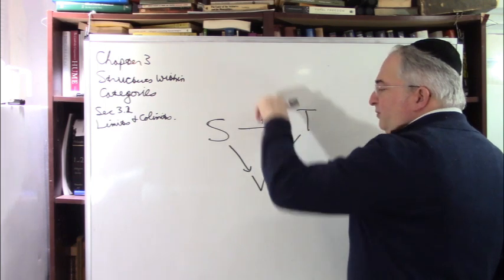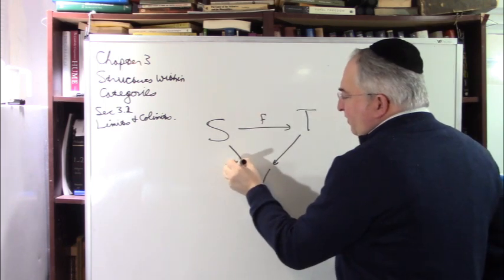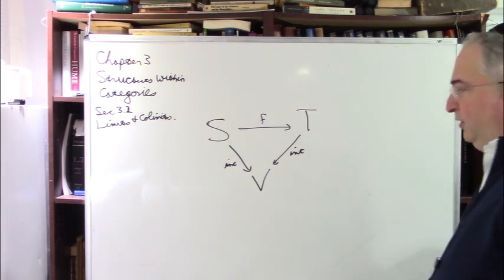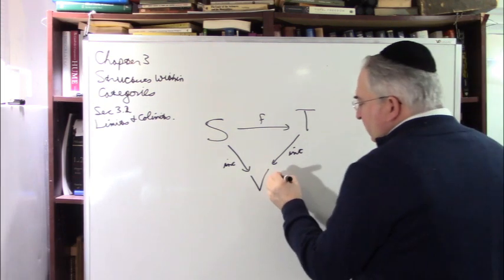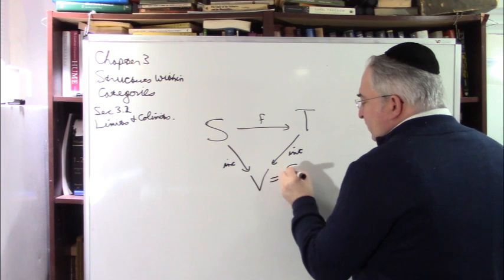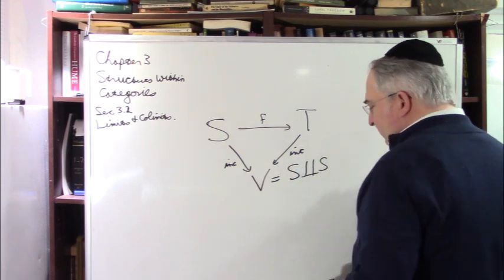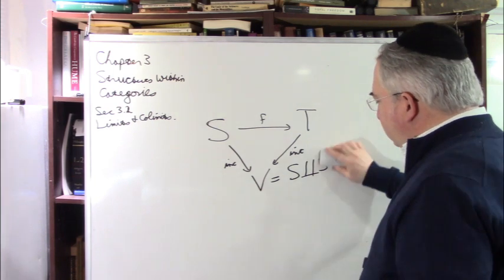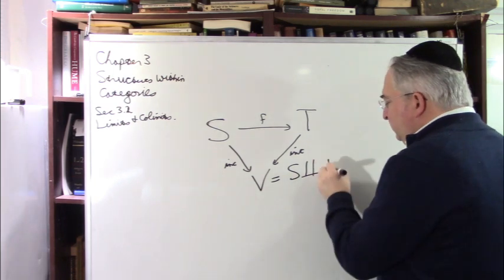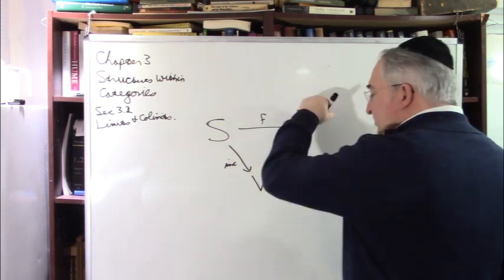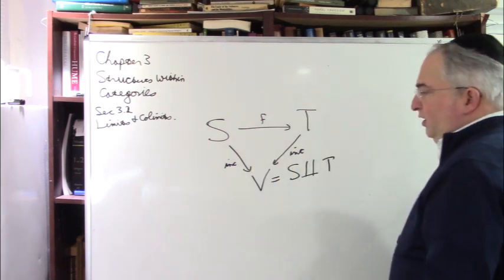Now beforehand we had projections. Basically here we're going to have inclusion maps. Okay, and let me tell you what V is going to be. V is going to equal the disjoint union of S and T. The disjoint union of S and T. Okay, but one second. S includes into the disjoint union, T includes into the disjoint union, but we want